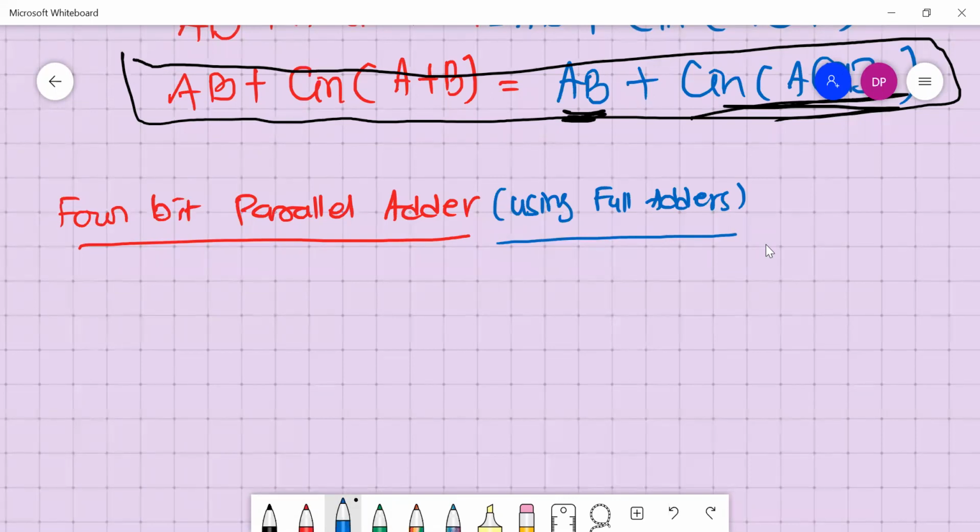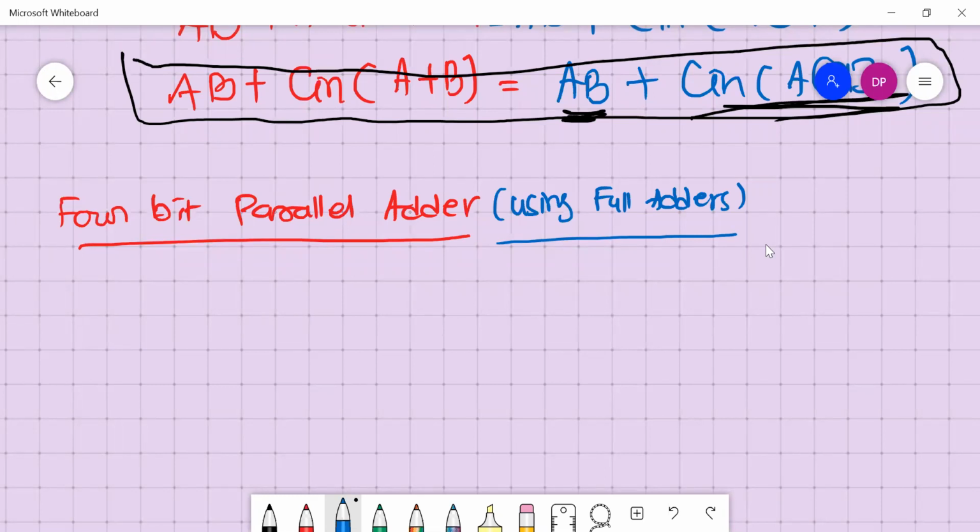So what do we mean by parallel adder? Know that half adders and full adders are used to add only 1-bit numbers. A full adder was used to add two 1-bit numbers, along with any previous carry generated out of the earlier summation.